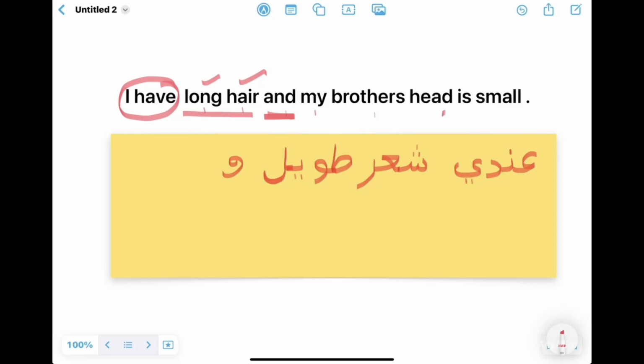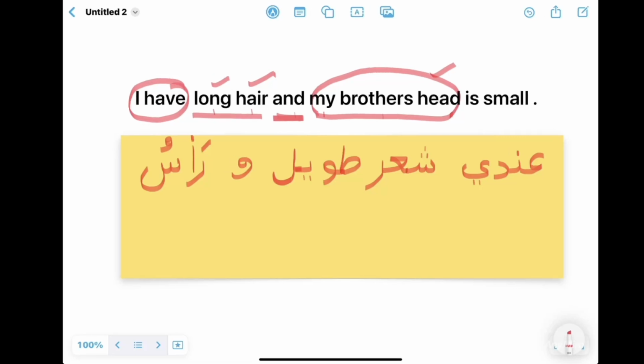And what is and in Arabic? Wa. Very good. Next, my brother's head. So in Arabic, first we have to translate head. What is head in Arabic? Come on. Head means ra's. Come on, write ra. Ra, not letter ra. Ra. Su. Seen is the last letter, so we write a complete shape and then dhamma. Ra's. Very good.